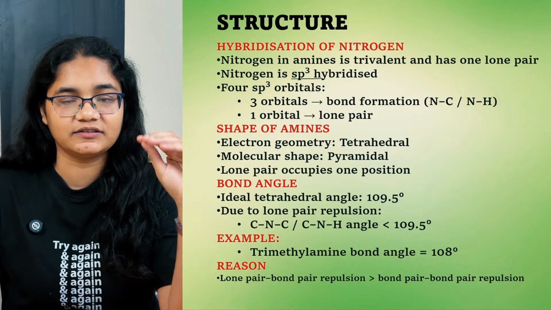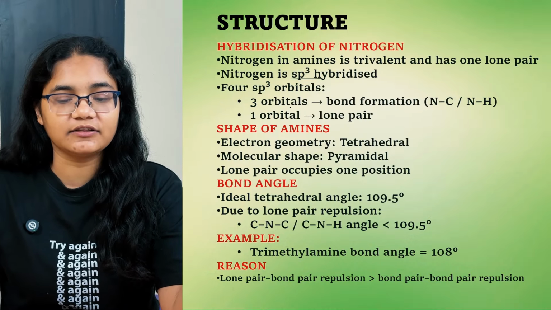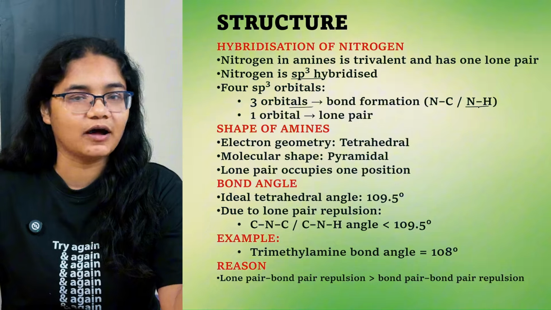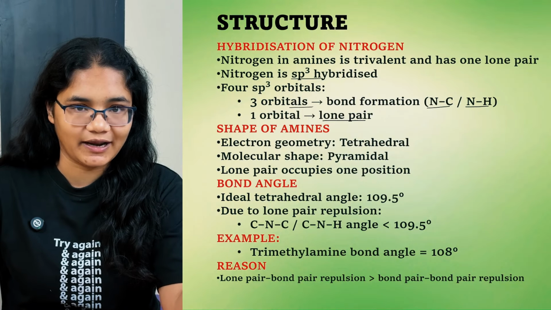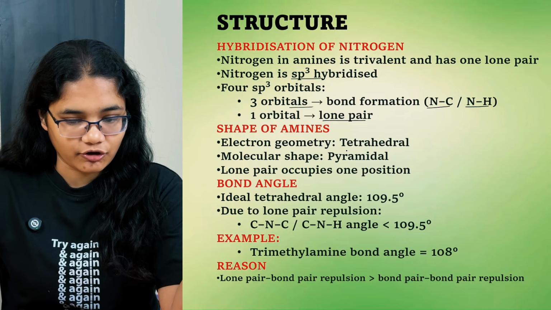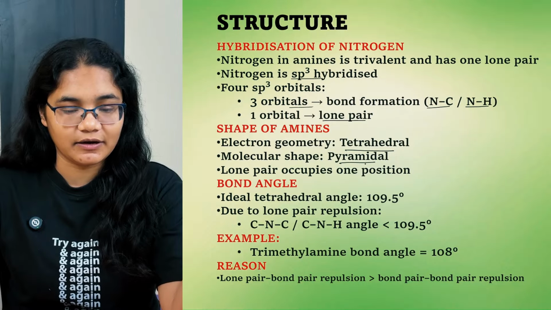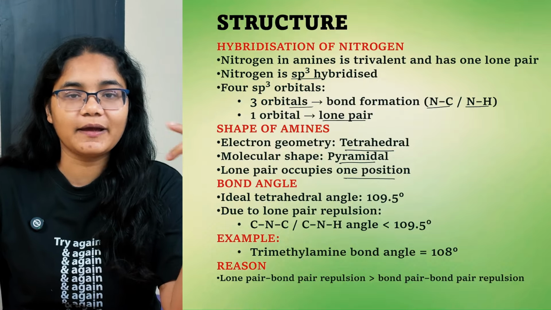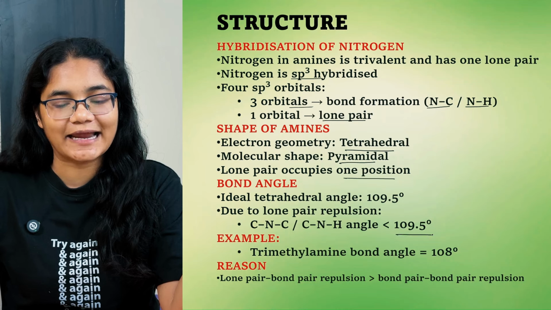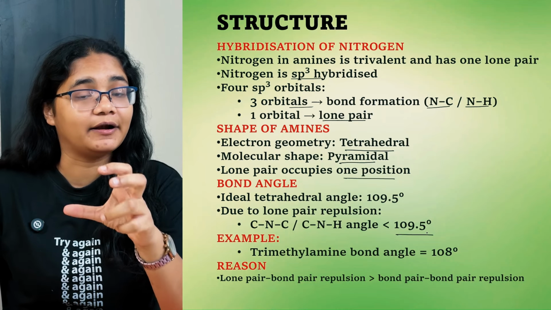Okay, it has 4 sp3 hybrid orbitals in which 3 orbitals are forming bonds with hydrogen or with carbon, and one orbital carries the lone pair of electrons. The geometry is tetrahedral, the shape is pyramidal here, and the lone pair occupies one of the positions. Due to the lone pair and bond pair repulsion, the angle is slightly less than the tetrahedral angle of 109.5